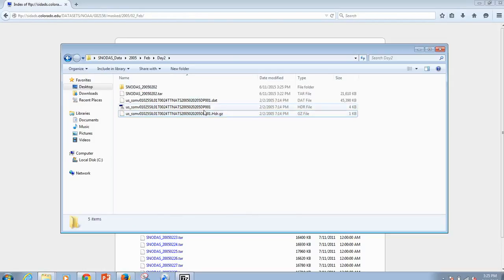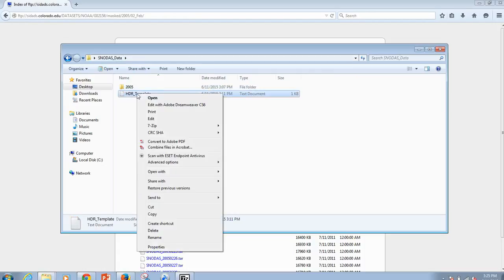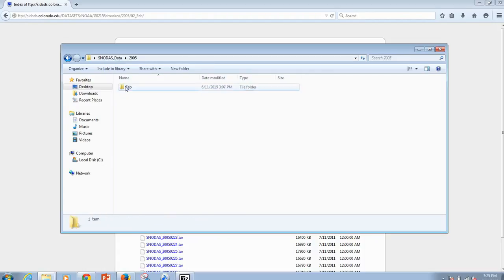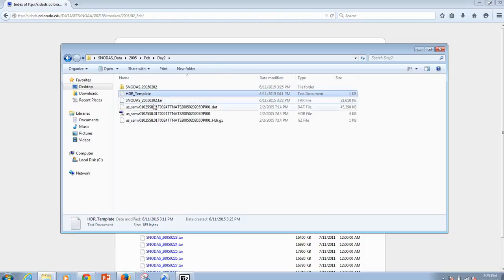Again, this doesn't probably matter because it's got too much information in it, but it might be good to hang on to just for metadata. So now I go to February, or I go to my Snowdash data. Here I have my template. I'm going to copy this into my day 2 folder. So I know there's a lot of stuff floating around in here, but I've got my DAT folder and the full header file. What I'm going to do is